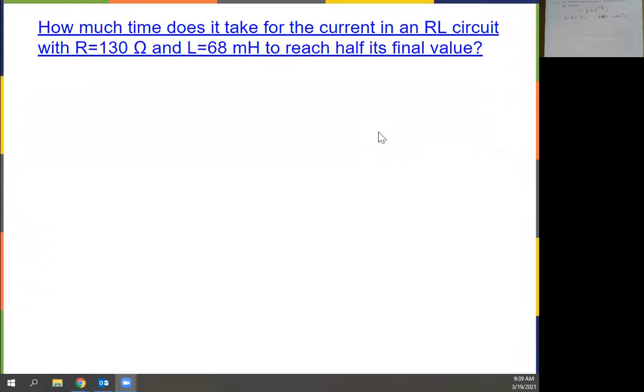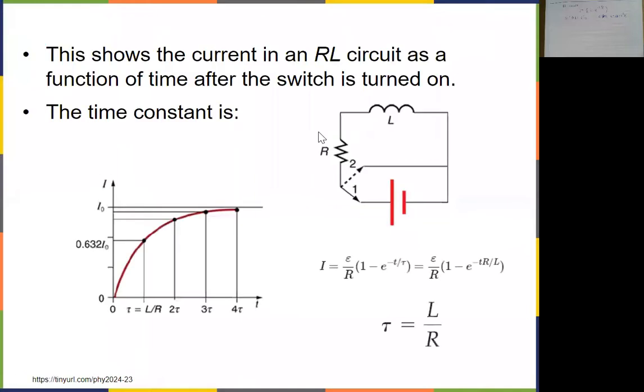So I think they have responses in. Let's take a look on this one together. So for the RL circuit, we can actually go back one slide. Over here, we can see that your current increases and then flattens out at a certain time. So this is the final current, I0, as your final current, which if you take a look at this formula over here, you'll see